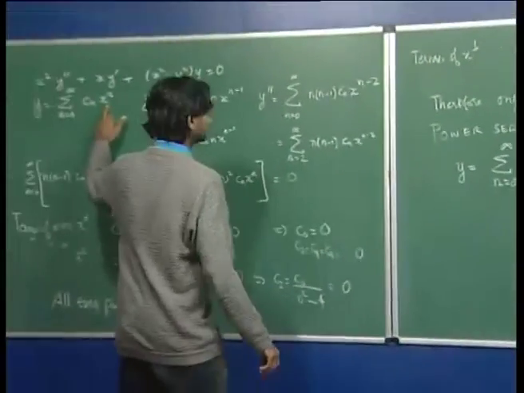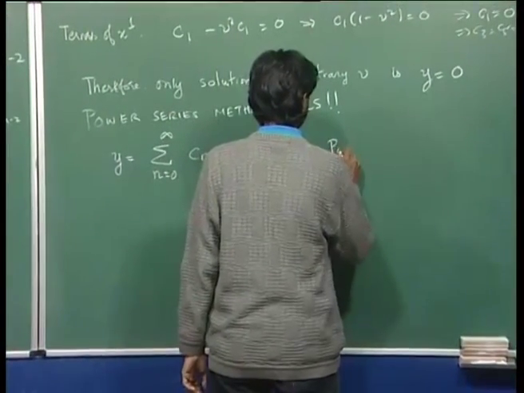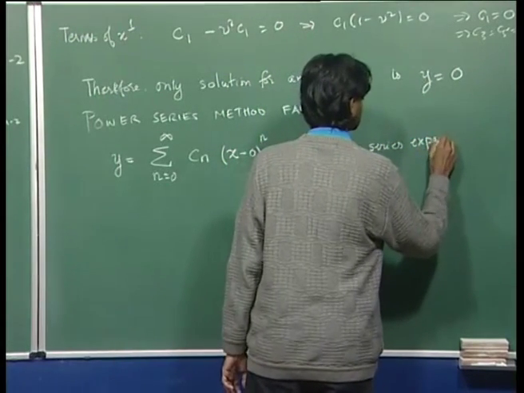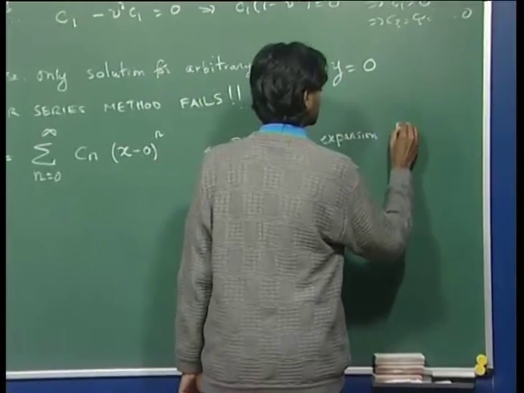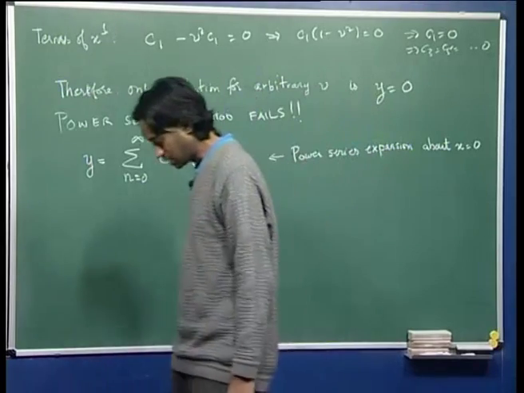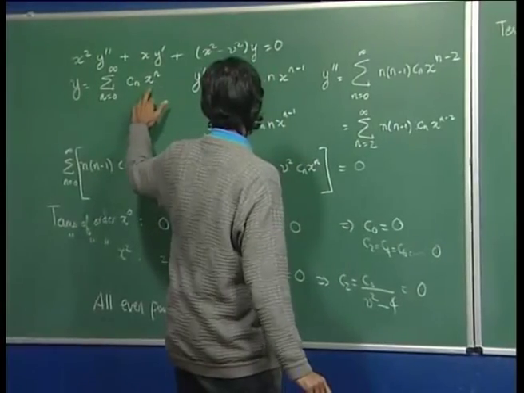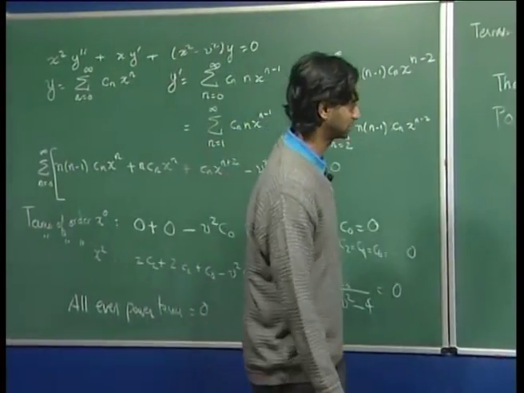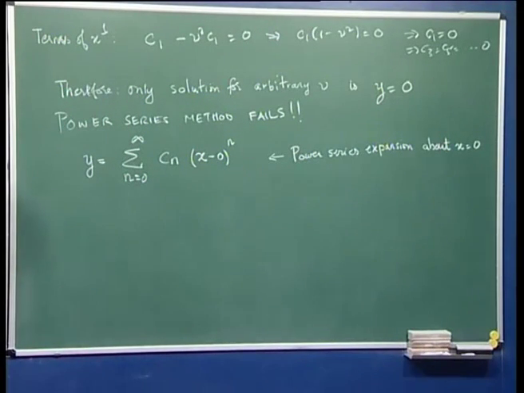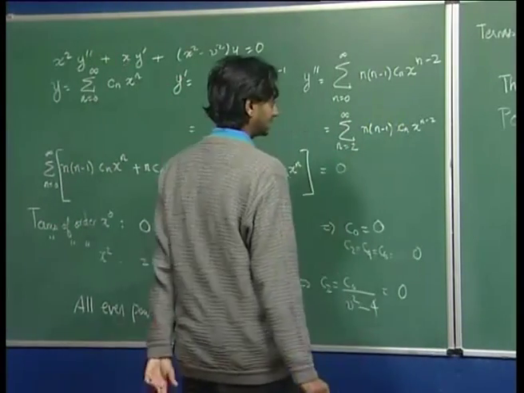So, this is the same as this, but I just write it this way to highlight that this is a power series expansion about x equal to 0. Okay. So, what we used when we wrote the power series method is that we did a power series expansion about x equal to 0. You can also do power series about x equal to 1, x equal to 3, any number, x equal to 0.5, anything. But in this case, we used about x equal to 0, and it failed in this particular case